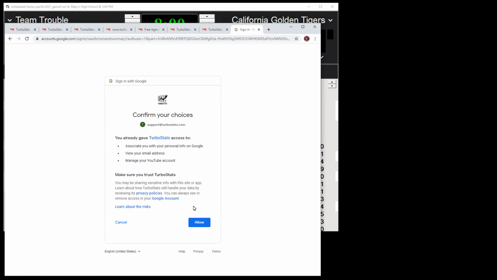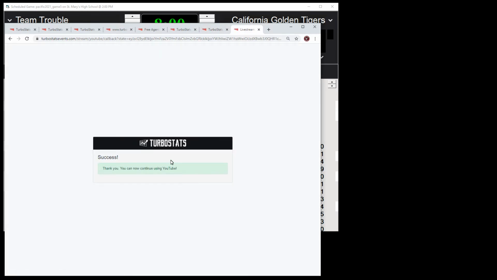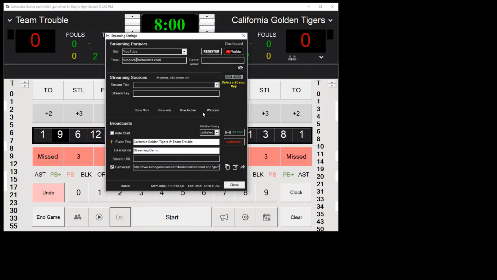Okay, Google's going to pop up a screen here where you have to choose your user account and hit allow. Okay, that'll set you up linked with TurboStats now, and you'll be able to create broadcasts here in your TurboStats application. Click on the little pull down list and it will refresh the number of stream keys you have